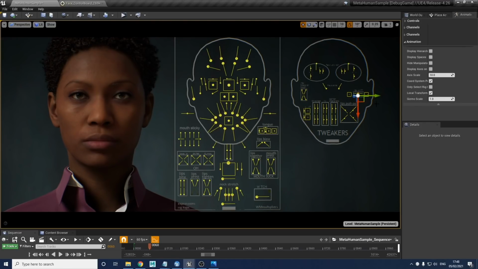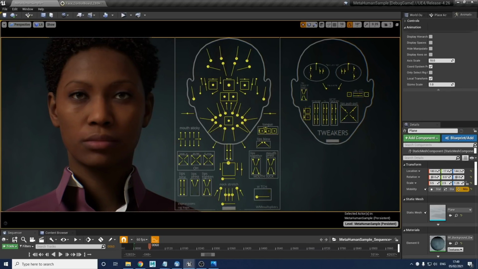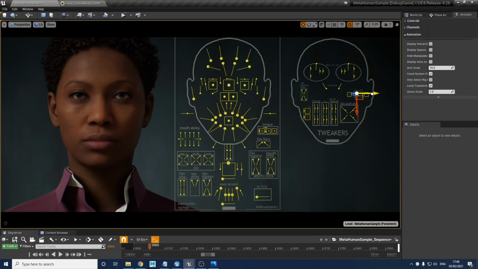And in the middle, we've got a lip shift left and right. So this is going to move the upper and lower lip left and right. This is not the same as the muzzle either. The muzzle does the whole mouth and twists it around the face. This is just a tweaker, should be used for very specific reasons, and you can change the upper and lower as you wish.